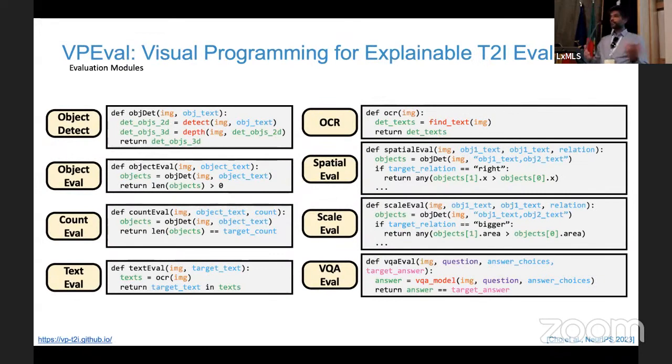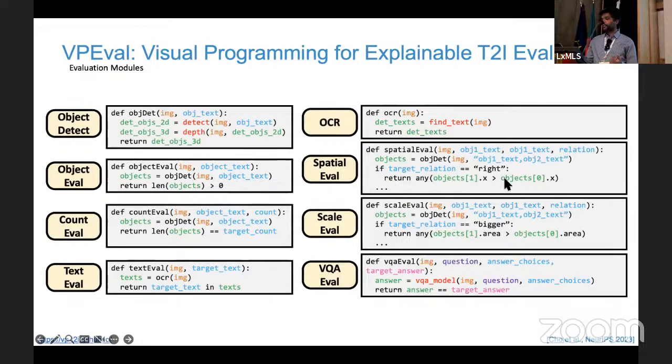So it's a neural modular approach again, right? Neural modular networks, where imagine that you basically have all kinds of experts. You can have experts for different things that need to be evaluated: object detection, object count evaluation, textual evaluation, OCR, spatial evaluation. Just to give you one example, spatial evaluation would be something like X is the right of Y.